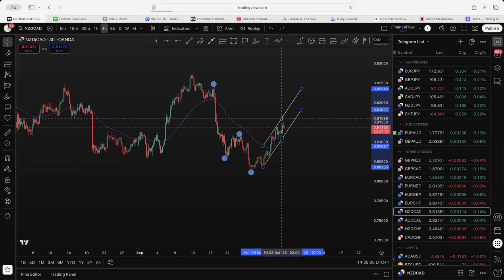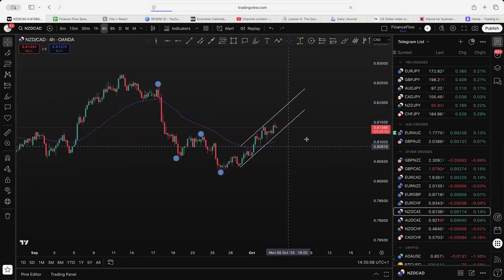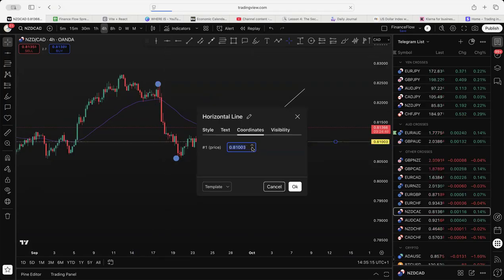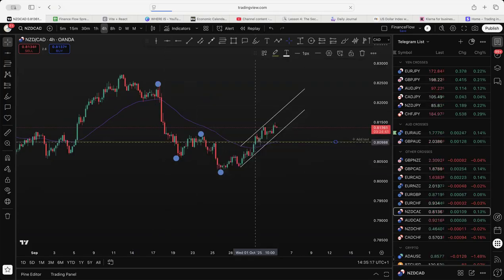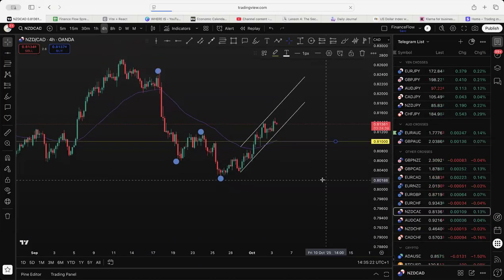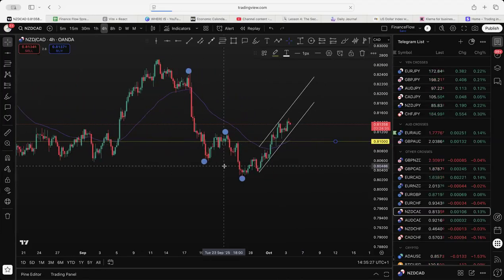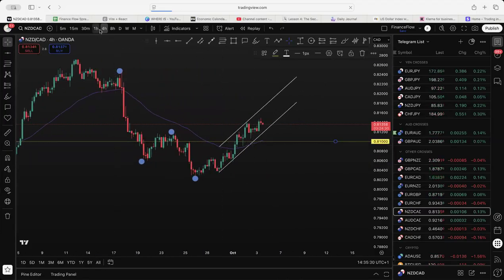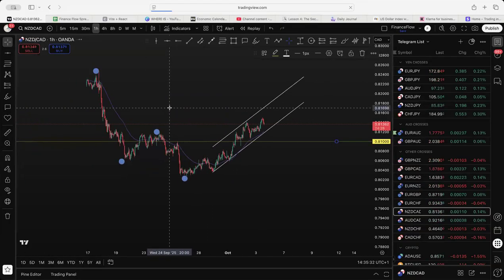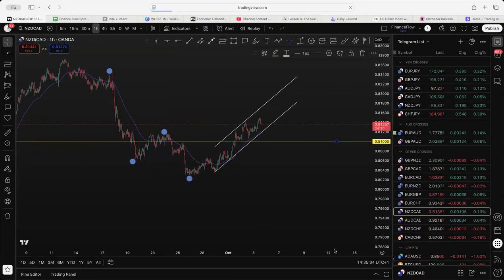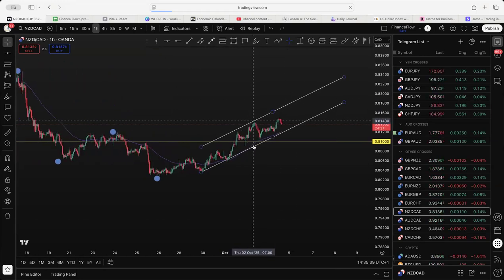So if you're looking to sell, one thing you've got to be careful of is definitely a key level here. You can tell. I'd always recommend marking on key levels, because once you get good at it, you can just judge them by eye. But that would be one thing. So what would I be looking for here? I'd then be going on probably a 1 hour. Let's just see if you can see it anymore. No. So I'll probably be looking to go on a 1 hour.